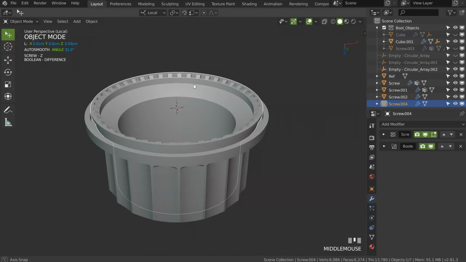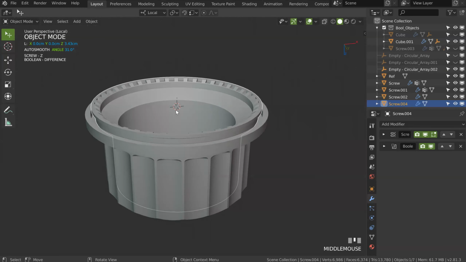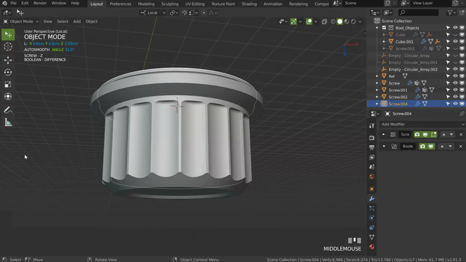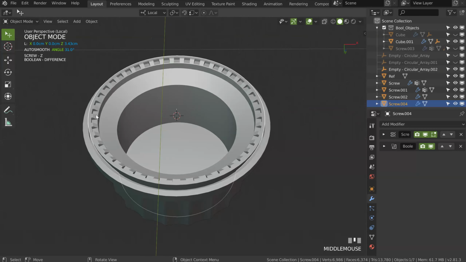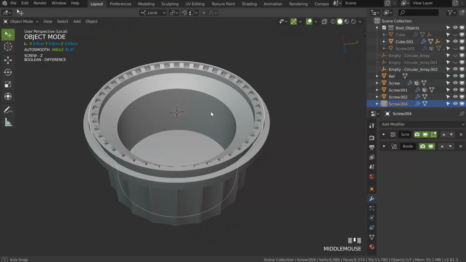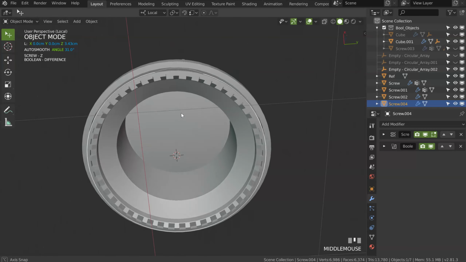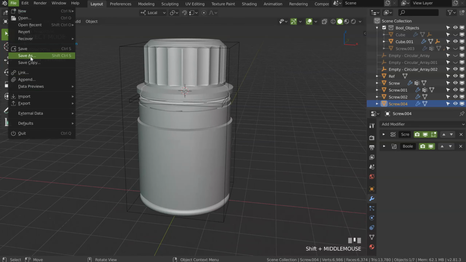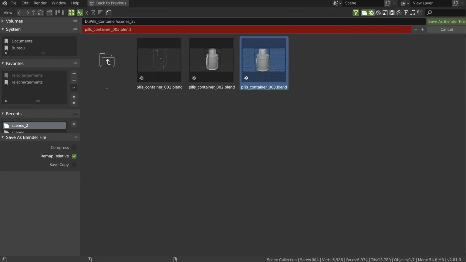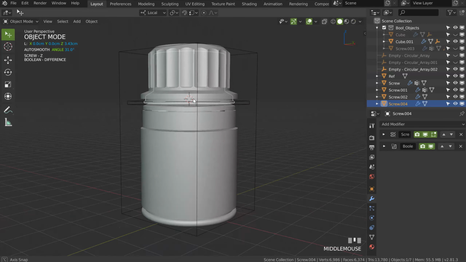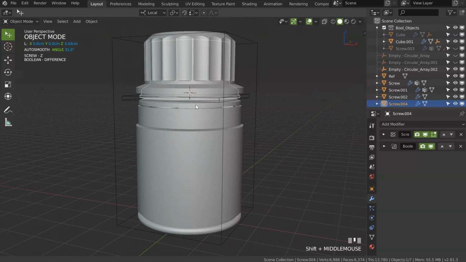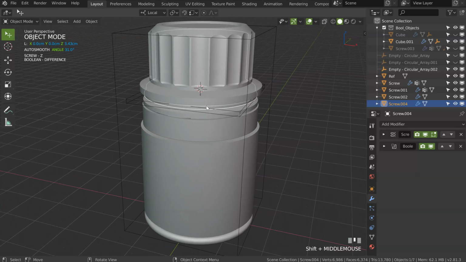It's cool, seems to be okay. In fact, this button is different from my current one, because the current one is not really interesting. So I'm trying to make something that will be more appealing. So, boom. We have this. Save our scene: File, Save As, plus, and save. So that's it. We created this button, this bottle, this container.